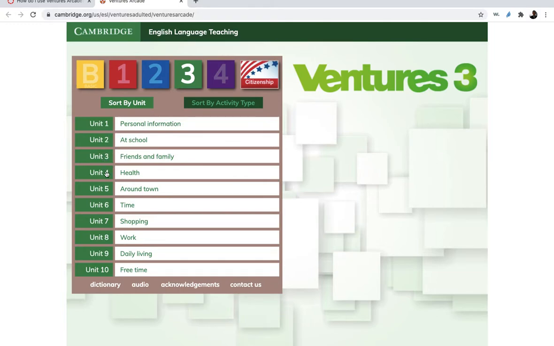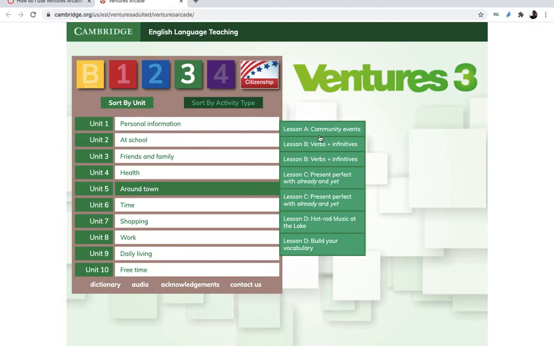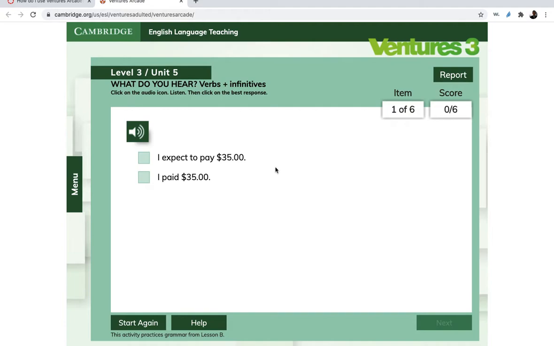Now this depends on what chapter you are in with your teacher. So for example, if we are on chapter 5, we click on unit 5, around town, and a little menu will pop up. And in this menu, we can choose what lesson we are working on. Okay, so if I'm working on lesson B, we can choose one of these, and it's going to take us to a certain activity